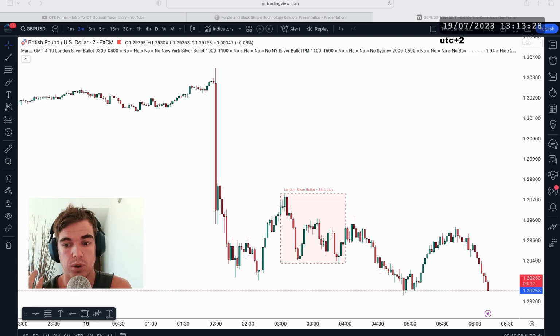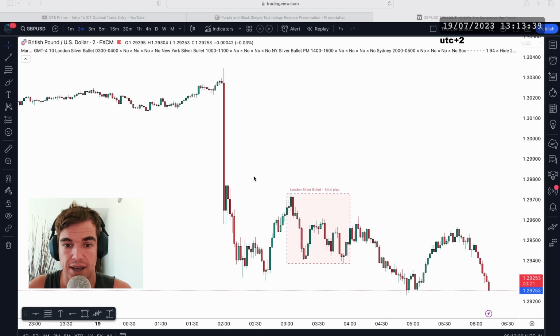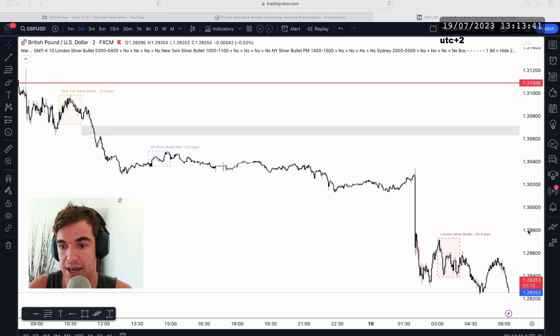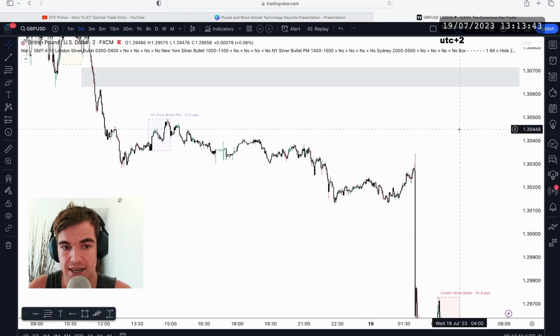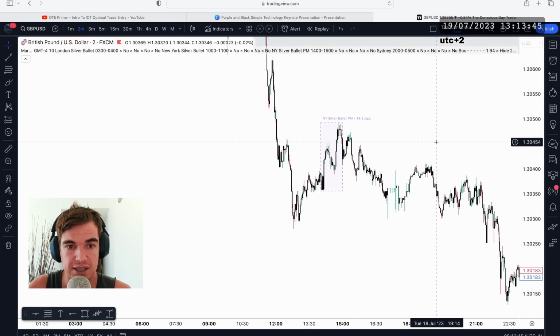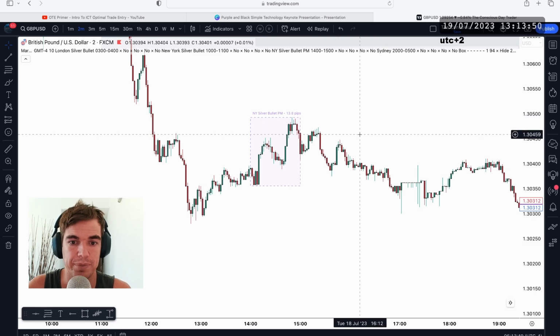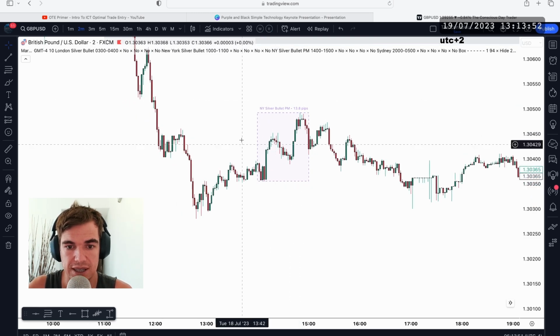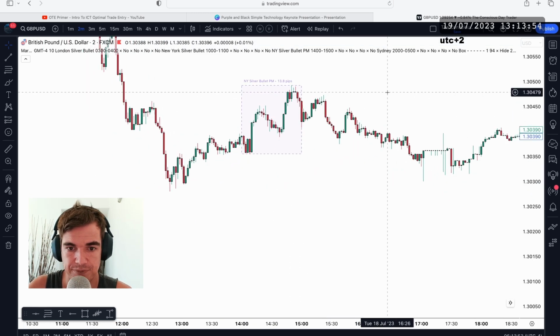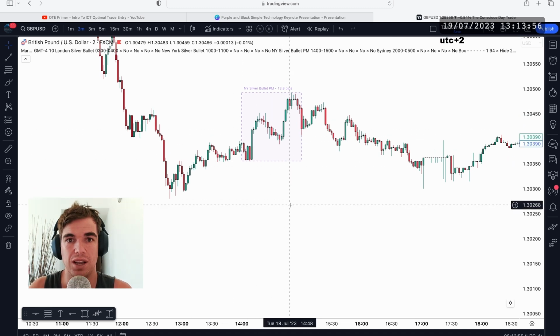And also, he does mention that the best time is around New York time, because that's when the price retraces. So what we're going to do is find a New York session, and we're going to try and trade the OTE and see how it responds. This is the last New York PM session, the Silver Bullet PM session. So let's take this one, for instance, because I can see, okay, this is not live data, but we can